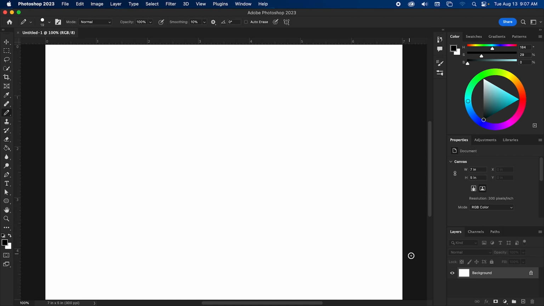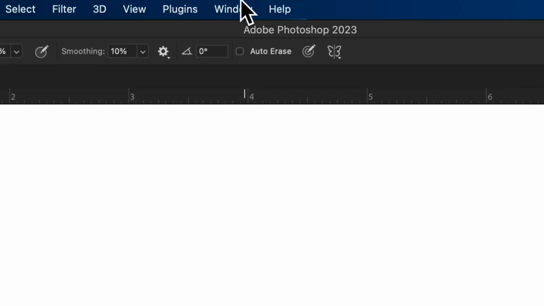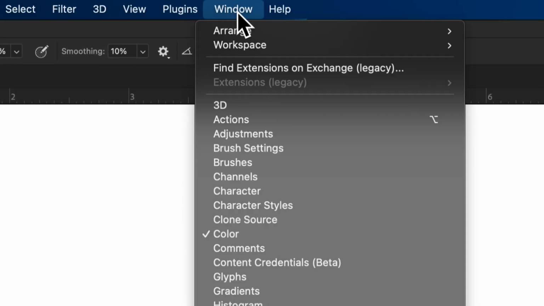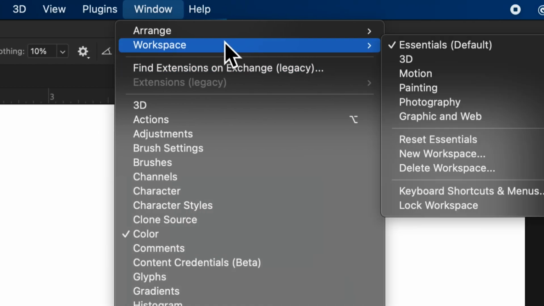So the first thing that I want us to do is to navigate up here to Window and Workspace. The workspace that we're going to be using all throughout the year is the Essentials, or the default workspace. Every time you start up Photoshop, make sure that you are on Essentials.